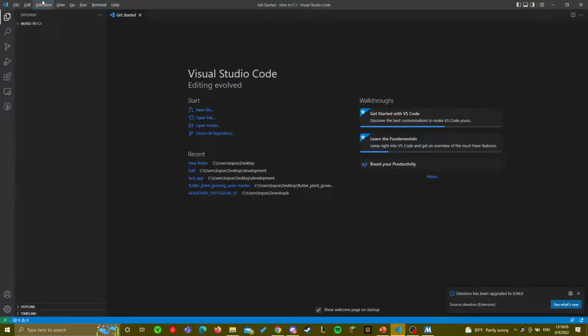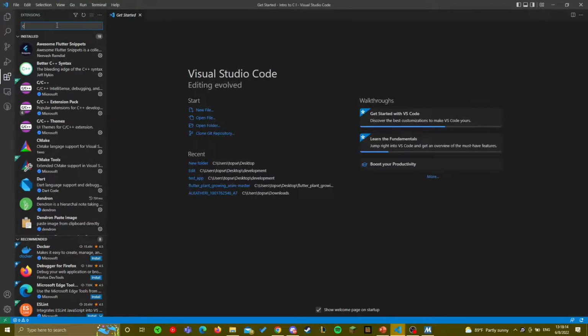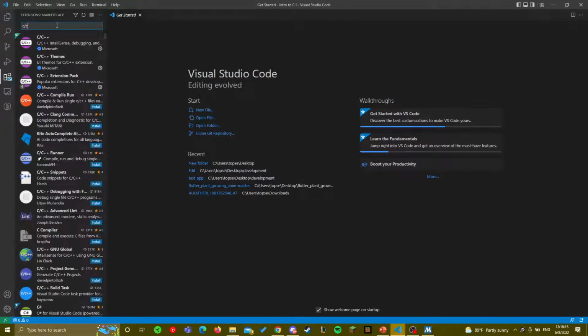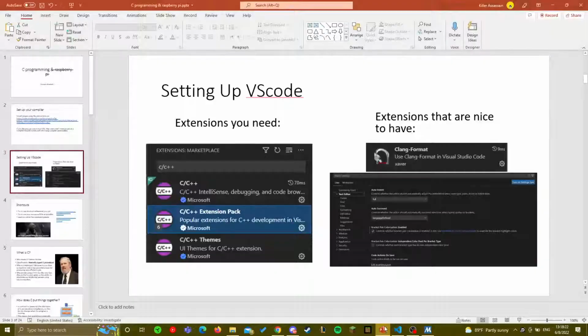If you go to Visual Studio, you can go up on the sidebar. You should see extensions. And you can just type C/C++. And the first three should all be from Microsoft.